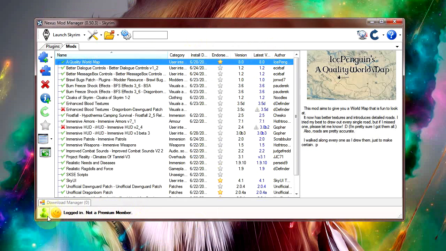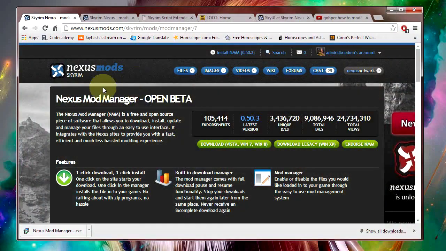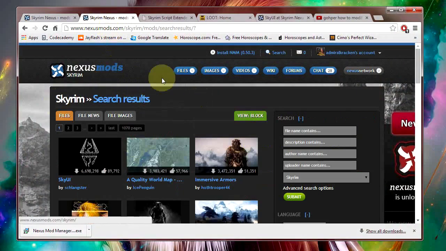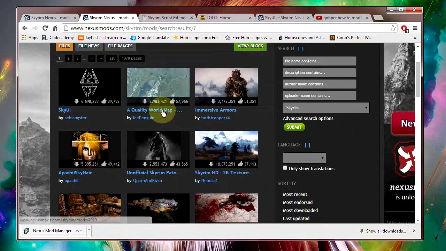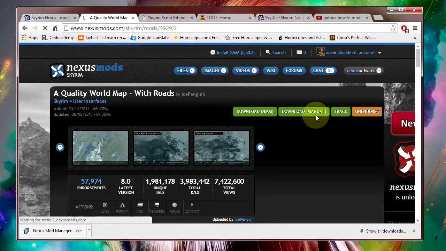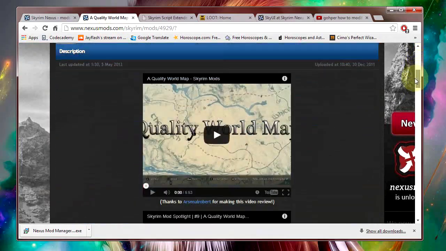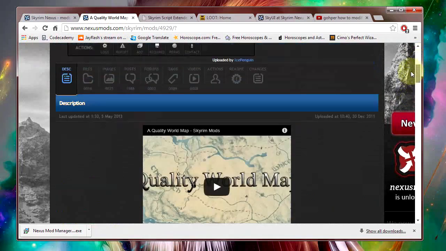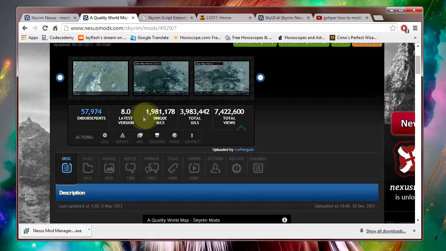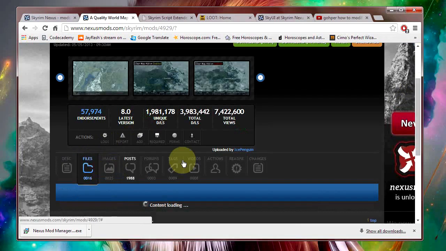If you want to use the service, you click this little button here. It'll be red, or it'll say not logged in. You can click that and it will log you in. One of the advantages to using this program is that you can use the Nexus Mods service. So if you go, this is a quality world map. So if you want to actually get this mod, instead of just downloading the files, you can actually go to the web page, or when you search for it, you can go to Files,